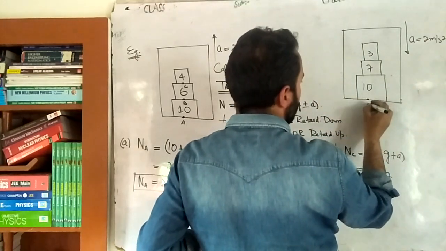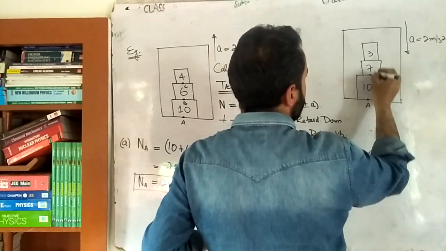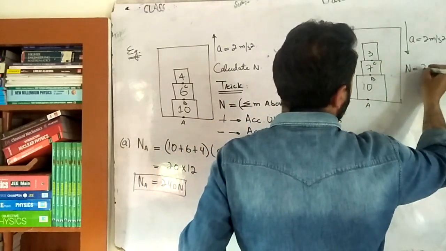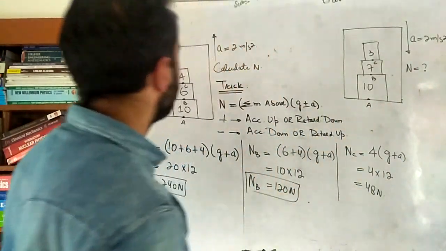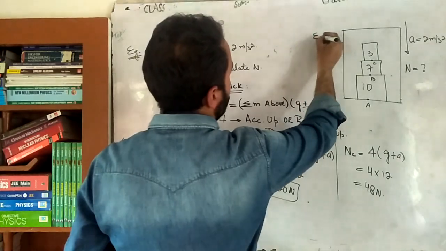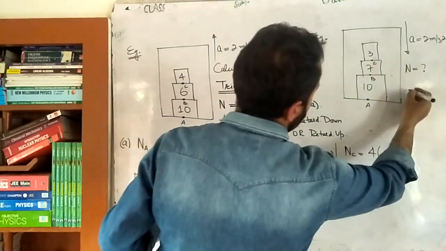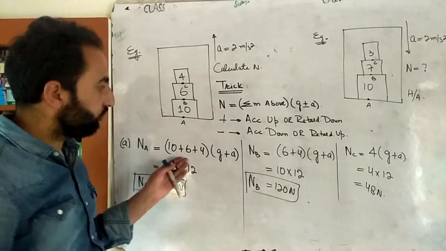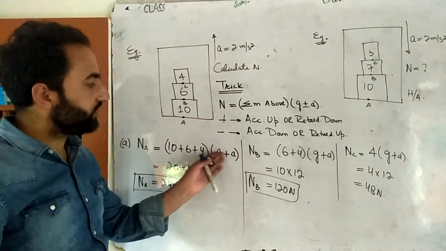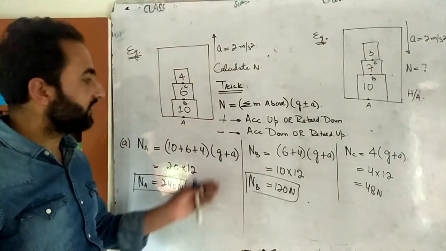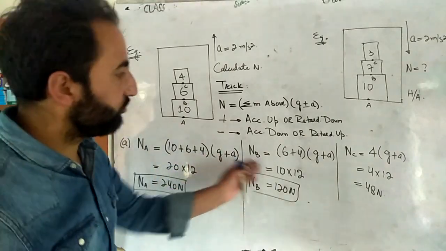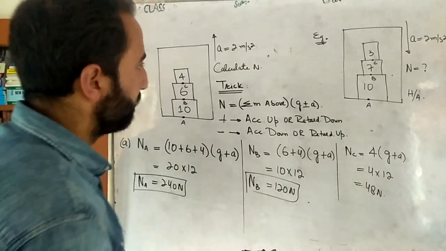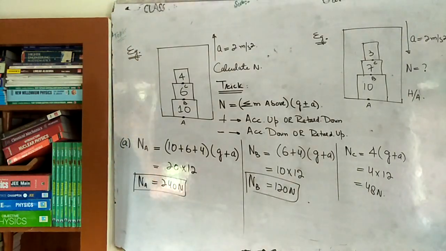And again there are three different points: point A, point B, point C. The question is to calculate the normal reaction at point A, at point B, at point C. This is one more example, and this is a home assignment for you. I'm sure you can do this. Simply, you have to use the same equation, but here you will write not g plus a, but instead g minus a, so that this becomes 8 instead of 12. It becomes 8, 8, and 8. I'm sure you can do this example yourself. Okay, so pause the screen, write it down.